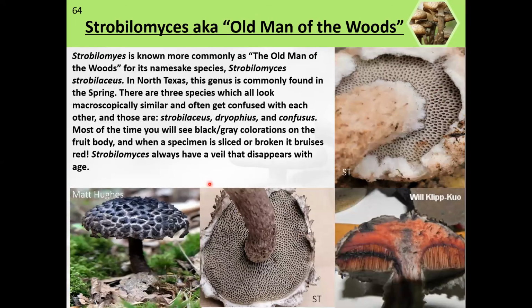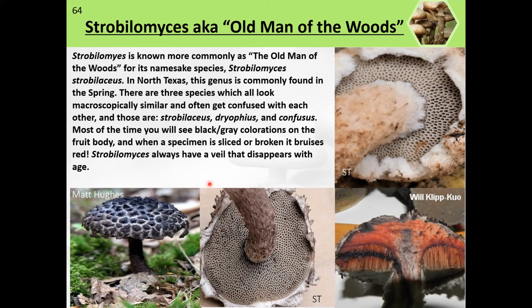And Strobilomyces, aka the old man of the woods, we'll see a lot of these here in the spring. They'll start popping up, and I was warned about this before I ate it, and I really wish I wouldn't have. But I don't know, some people really like it. And this was the one that had the bugs in the tubes, and ever since I found those, it's been hard to burn that out of my memory. And every time I'm eating them, I think I'm eating larvae from some weird insect. So anyway,